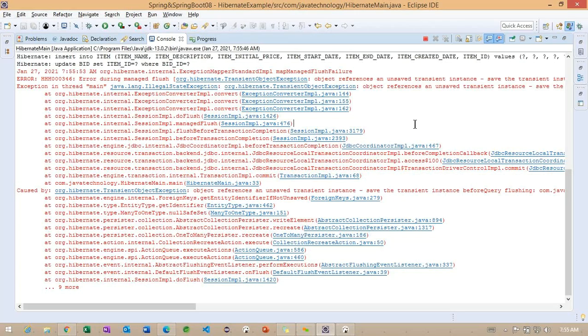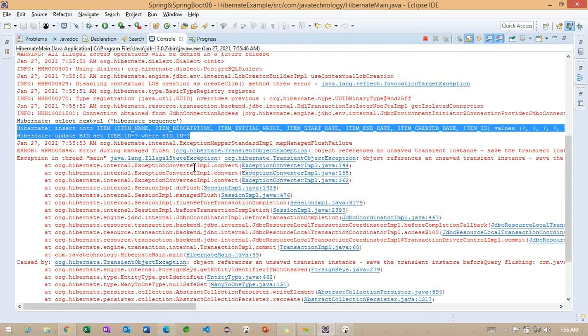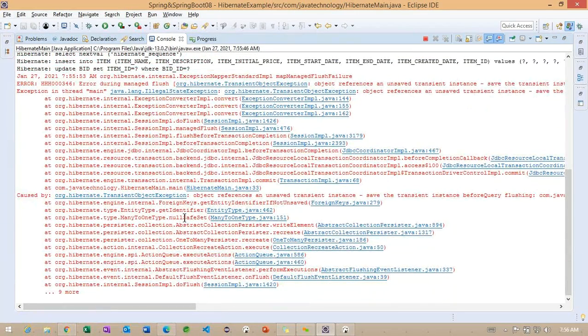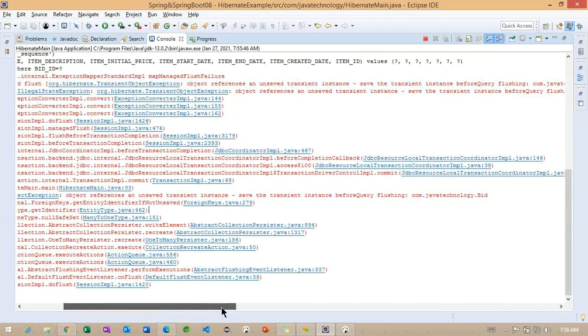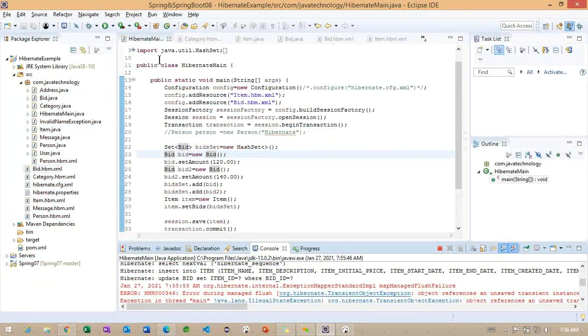Okay, so here they are trying to insert, but this time we got a different exception. Object references an unsaved transient instance, save the transient instance before flushing. Okay.